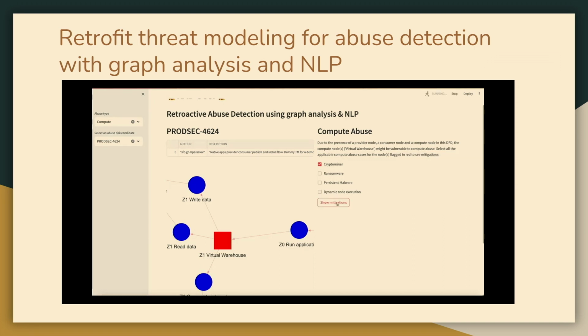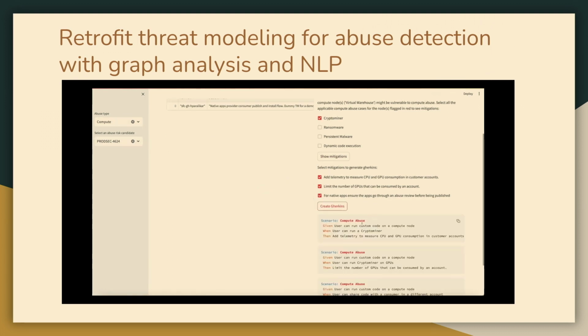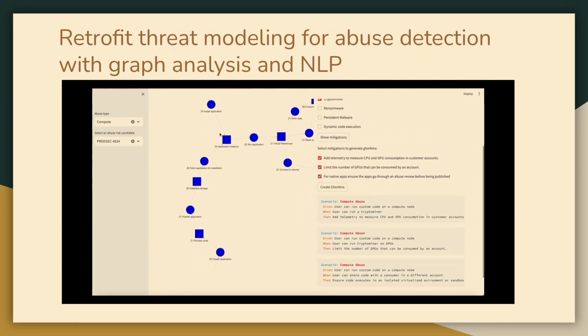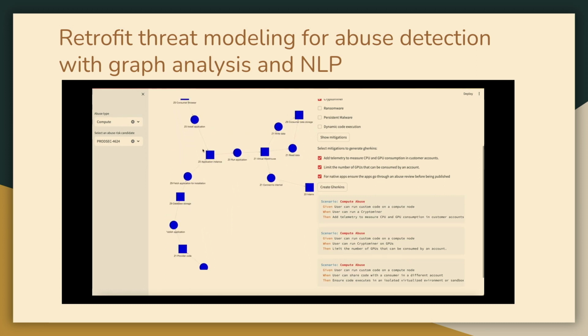You click on show mitigations, which shows us a possible list of mitigations. And in this case, we would ideally want to implement all of them and then create gherkins for them. Once we create the gherkins, they can actually become test cases to be validated later, which means the graph turns blue to indicate that the issue has been resolved. With that, we can prove that using your